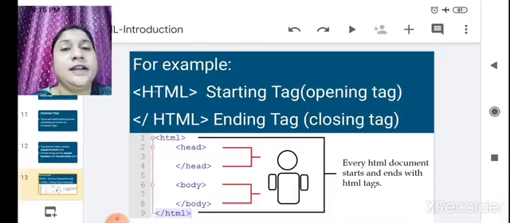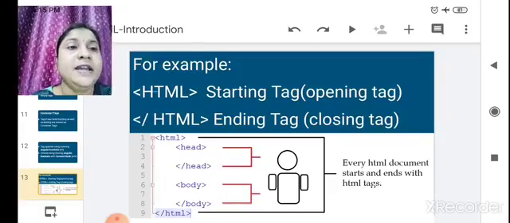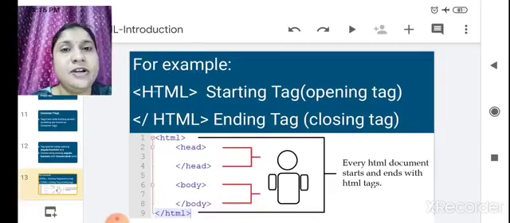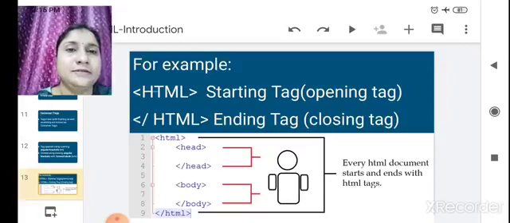So in a container tag both the opening tag and closing tag are present. That's why it's called a container tag. Got it?